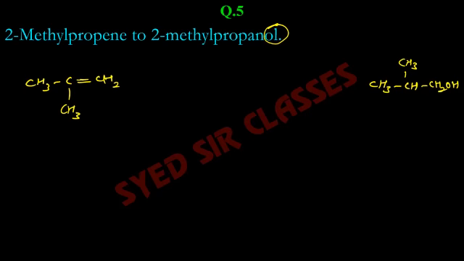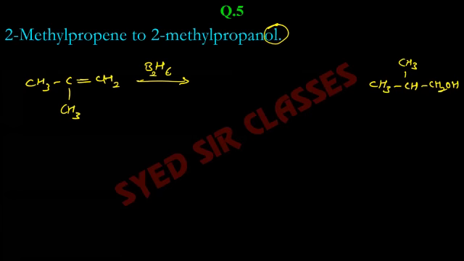Aqueous KOH you can use. Yield will not be very good. Another is, if you remember that we talked about hydroboration. Reaction with B2H6, which gives you, obviously there will be 3 steps in conversions. You don't need to write conversions. You can write BH3 or you can write B2H6, both will be correct.